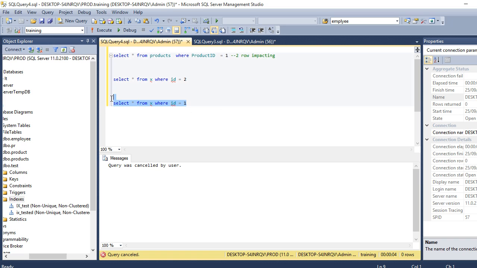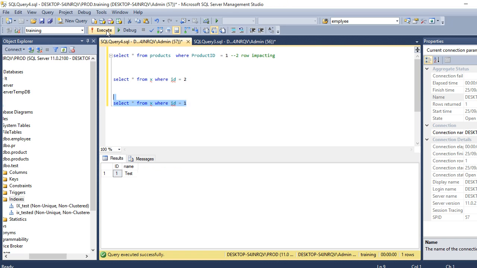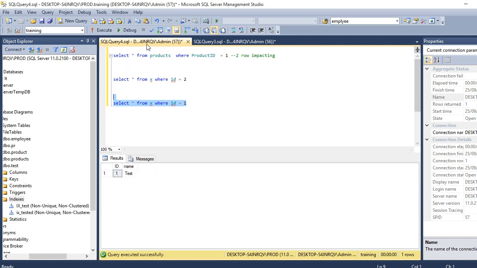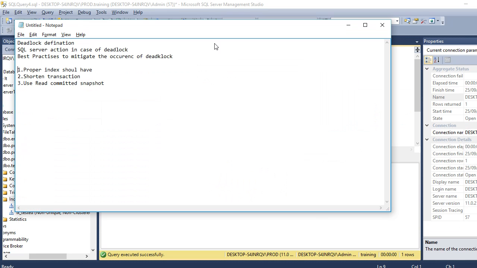Now see, we are still getting the result because ID 1 is not blocked; only ID equal to 2 is blocked. As we have indexes on table X, we are able to retrieve other rows, unlike the previous example which didn't have any indexes, where all the rows got locked. So this is about best practices.